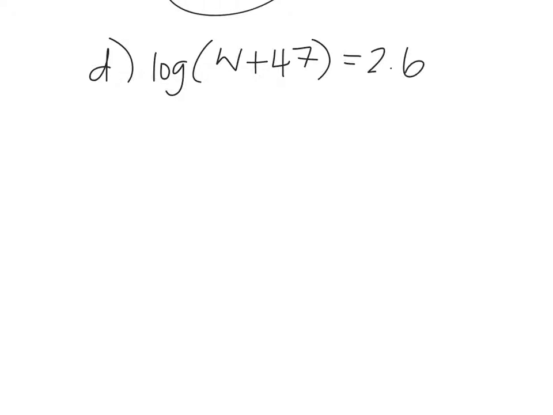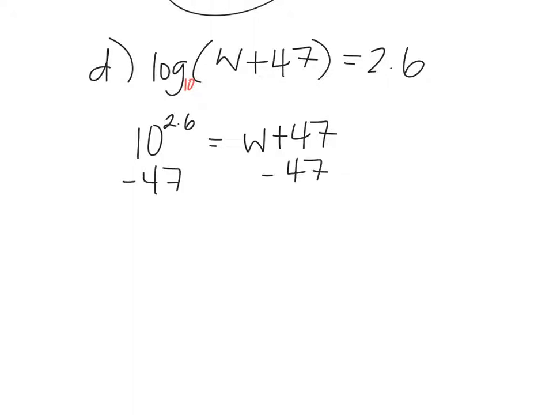Let's do another one. So this would be D here. Now I have log of W plus 47 equals 2.6. Now this one doesn't have a base written down. Remember, if it doesn't have a base, I know it's base 10. So I get 10 to the 2.6 equals W plus 47. Then I have to subtract 47 from both sides. So I get W equals 10 to the 2.6 minus 47, which equals, let's see,